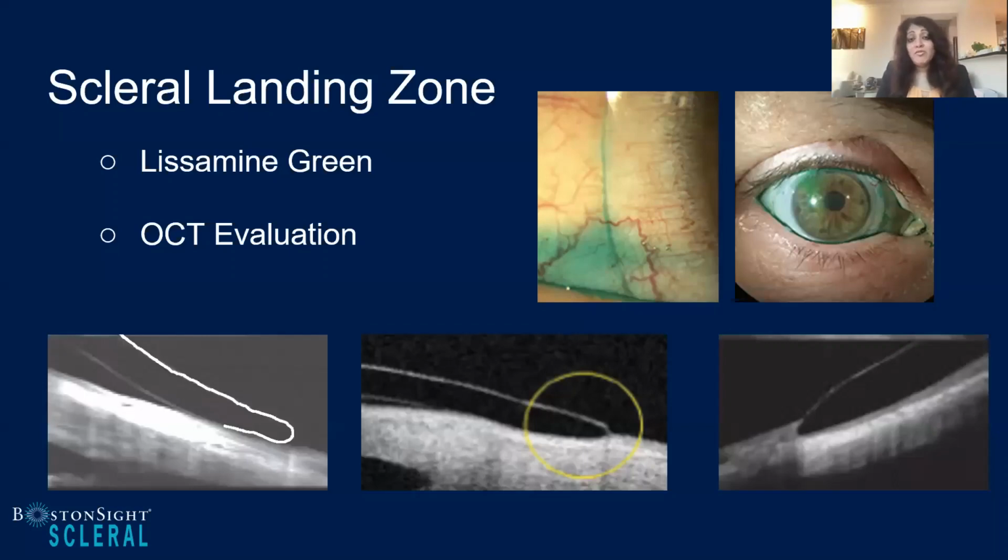A key point that you've mentioned is about looking at the conj, taking the lens off, and putting dye, whether it's fluorescein or lissamine green, onto the cornea and onto the conj, so you can see what is actually happening underneath the lens, and if that lens edge is creating any irritation or causing any problems to the conj. If you don't take that lens off and take a look, you're not going to be able to find some of the issues that arise. Last thing to take a look at here is the OCT. The OCT is really helpful for you to be able to take a look at that edge, whether the edge is lifting, whether it's really diving in, or whether you have that nice landing.